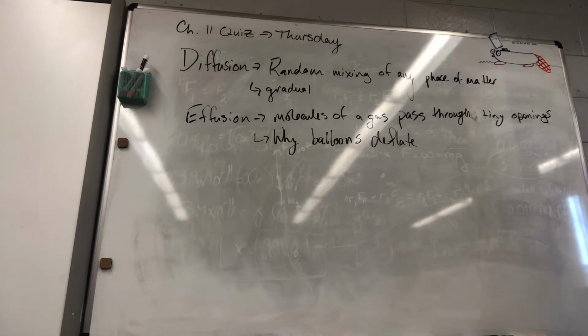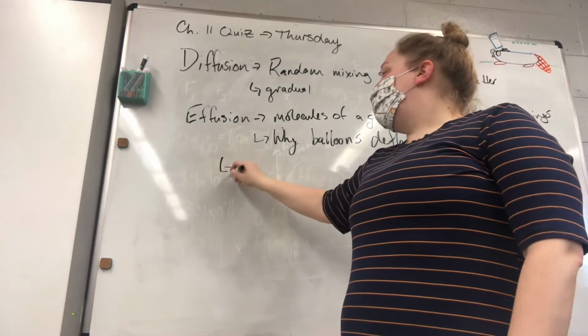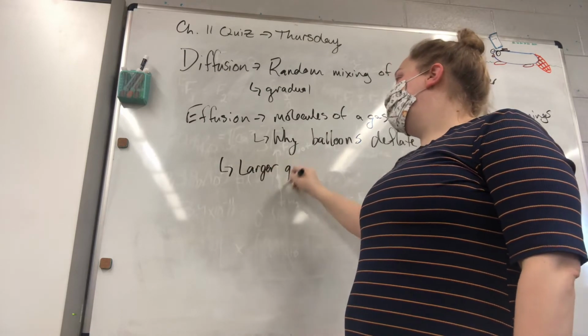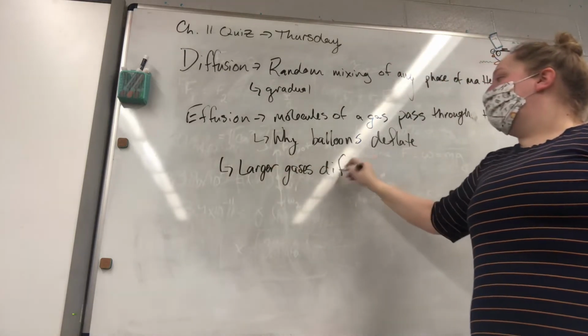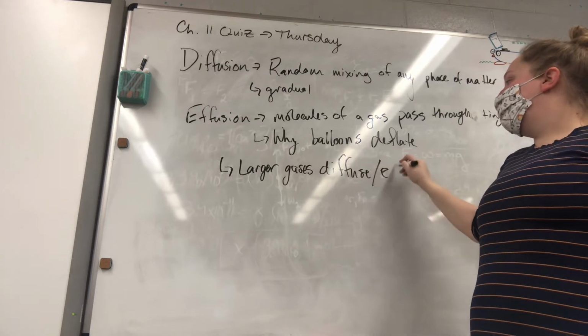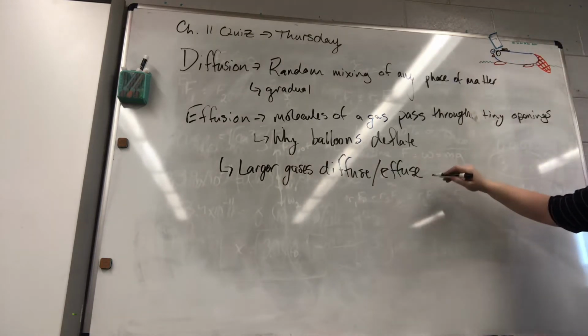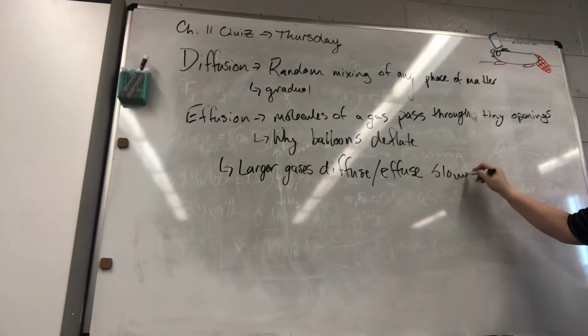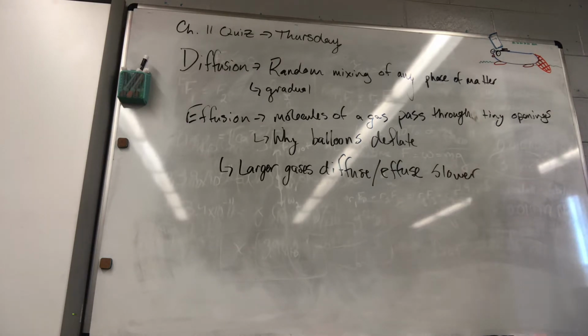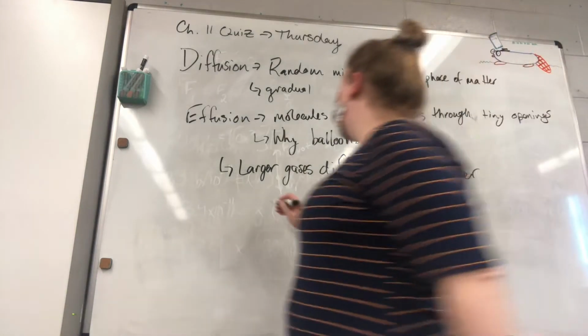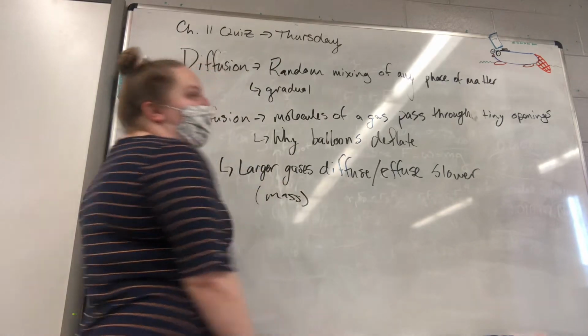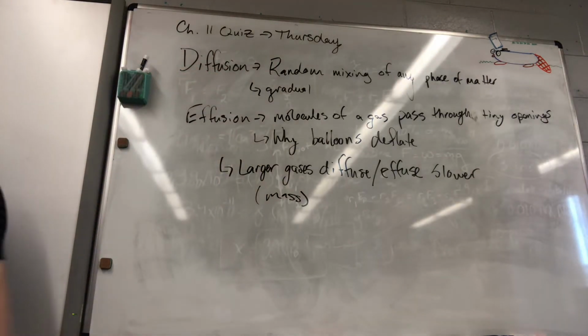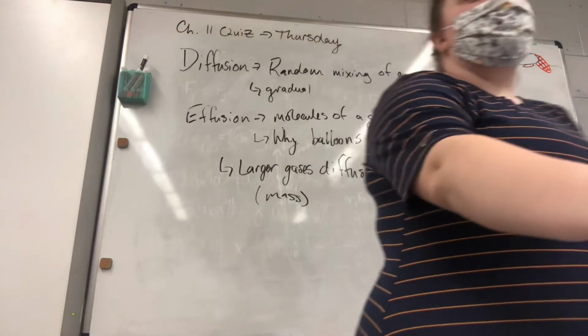In the case of effusion, like we said, this is what happens to your balloons over time. This is why the helium escapes. This is why the hydrogen escapes. This is why carbon dioxide escapes, if you will. The larger the gas, as a general rule of thumb, the slower they will leave. Okay, so size of your gas particle matters. Larger also implies mass, if you will. Not just size, but mass as well. And so on and so forth.